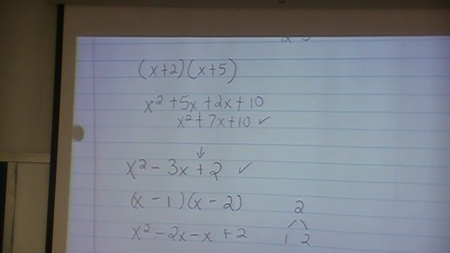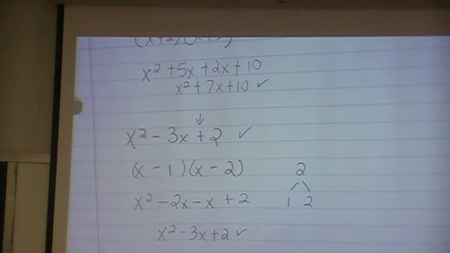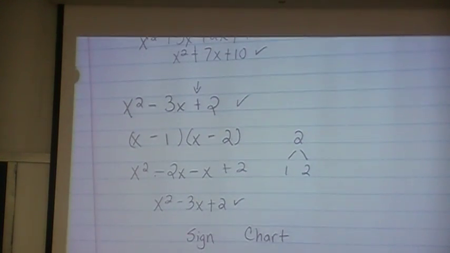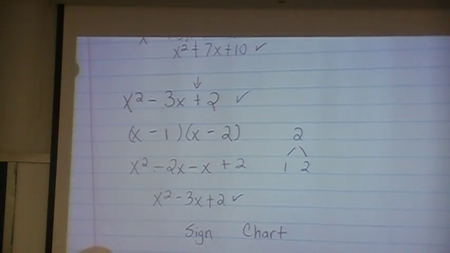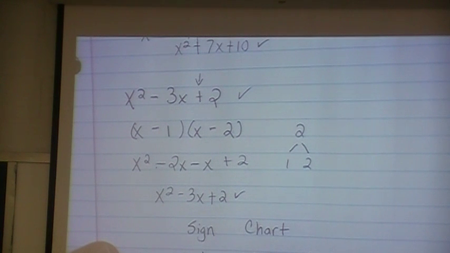So if nothing else for today, I want us to make our little sign chart. I'm sure I'll have to give this to you 2 or 3 times, but we'll start today. If you have a plus and a plus in your problem, you're going to have a plus and a plus in your parentheses. If you have a minus and a plus, which means your last sign is positive,